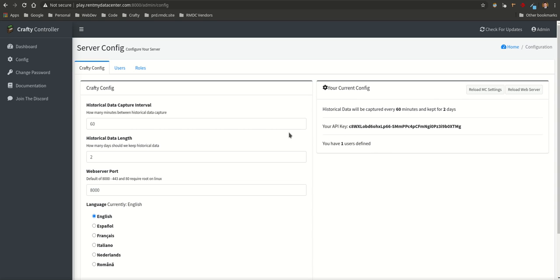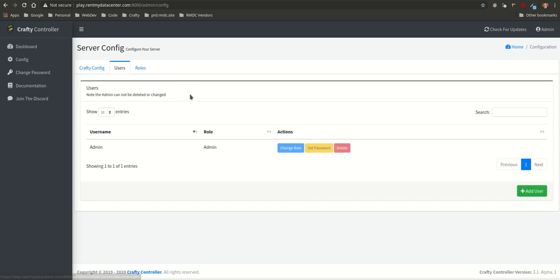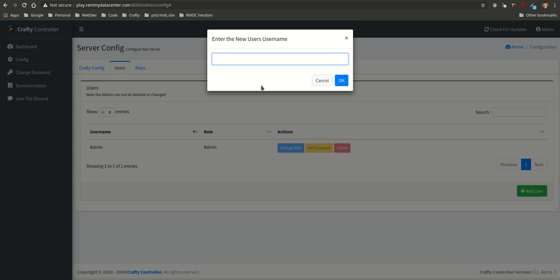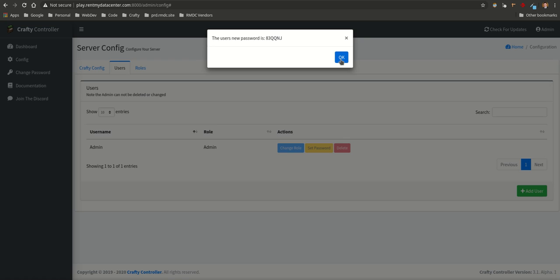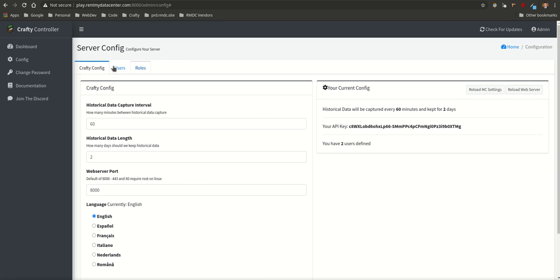So if we go to users, you can see that we have just the admin user. You can't really change any of this because you have to have at least an admin user. Adding a user is very easy. Cool person will be the username. And that's their password now. Just like that. If you go back to users, you'll see cool person here who is set up as a